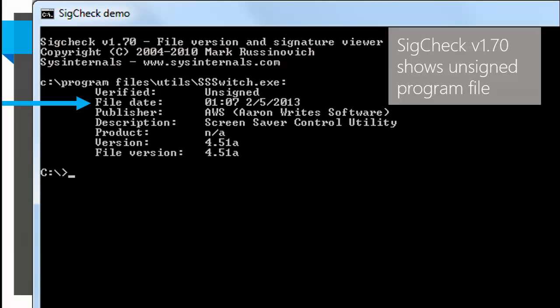This is a very new feature. When it inspected an unsigned file, it would show you the file date according to the file system, whatever the date was in the file system. And as you probably know, it's really easy for that to get modified, right? You copy it off of a different file system, you download it from the internet, you're getting the time you downloaded it, not the actual time that that file was built. For unsigned executable files, portable executable files, EXEs, DLLs, SCRs, OCX, etc., it now shows the link date. The link date is a date that's embedded within the file. So it's a lot less likely to be incorrect. It can be falsified, but not by accident.